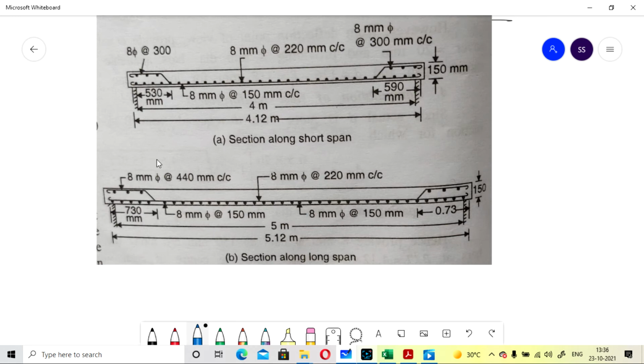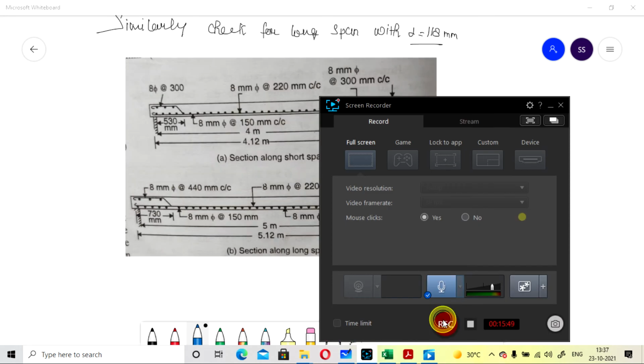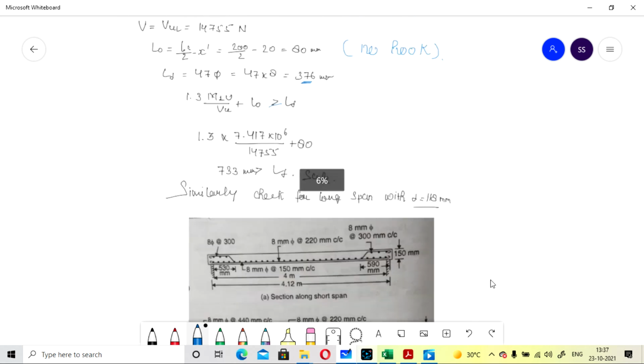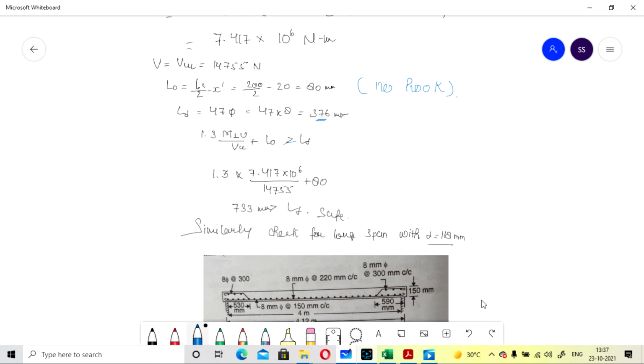So now you don't have to add any bar at the support. So here is how steel is provided at the support and at the mid. Here you see this is 220, that's why it is 440, its value is double of that. So this is for longer and this is for shorter, so both the steel is provided, and you can go with all the checks for longer span with the same method.